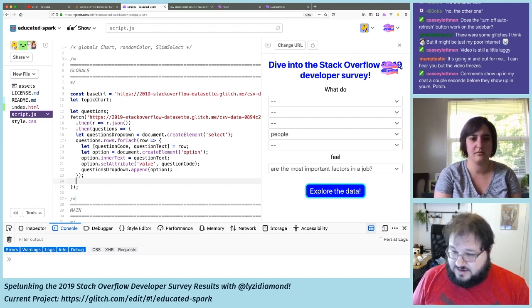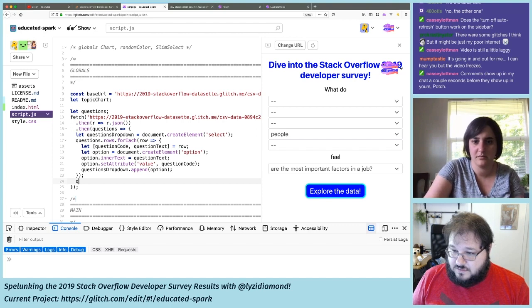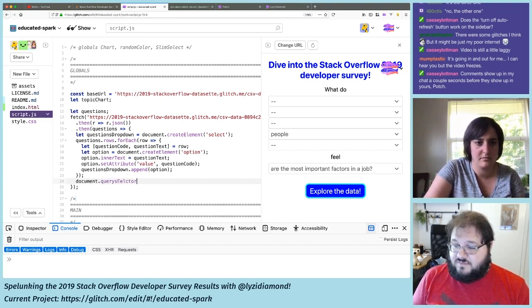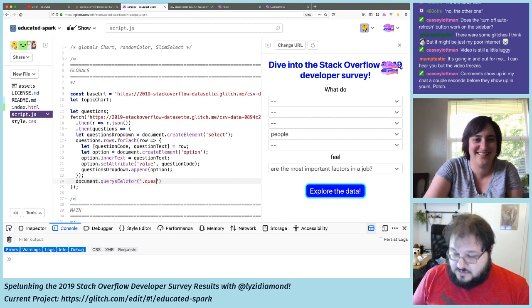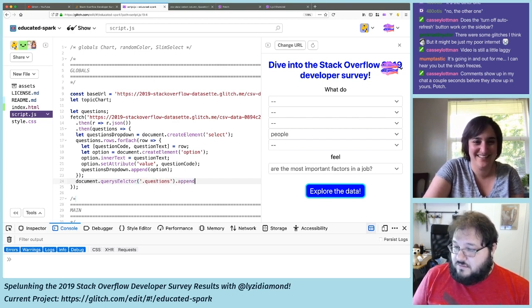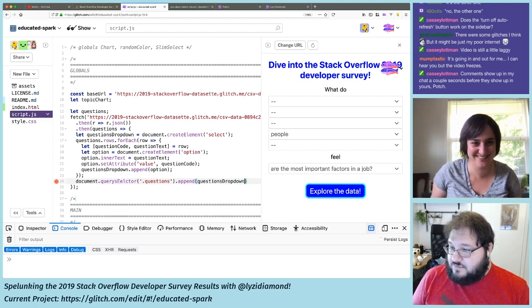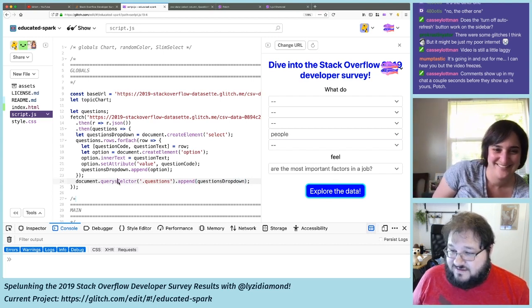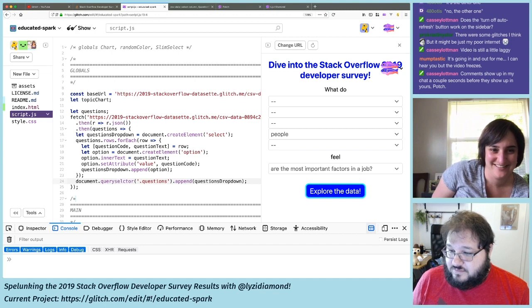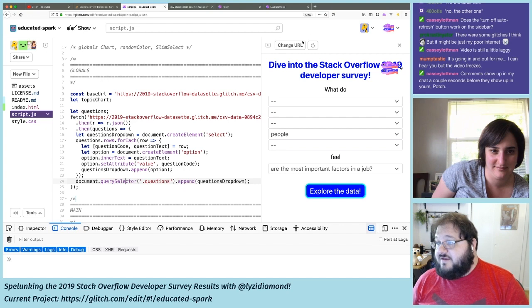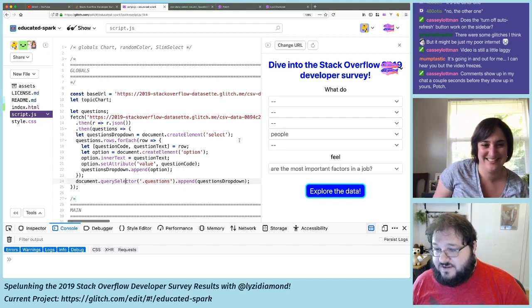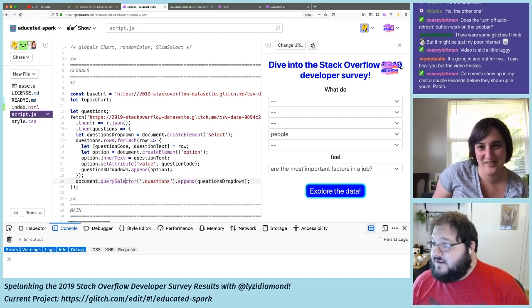This container is going to be appended. Sorry, document.querySelector. Misspelled that. We'll come back. And we'll query selector. It's getting a little bit SpongeBob. Query selector. Okay, so assuming that this little bit of code that I just wrote isn't complete gobbledygook, if I